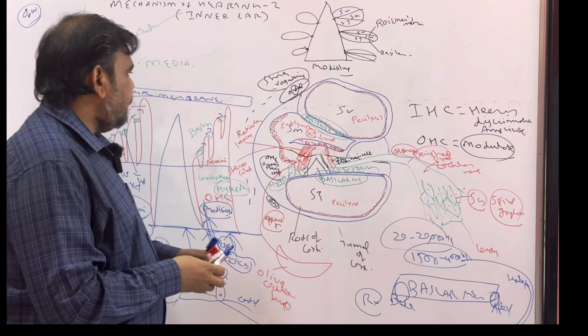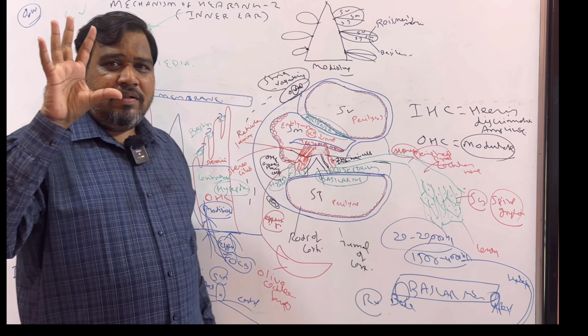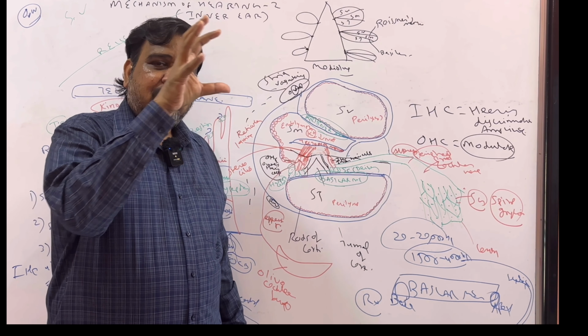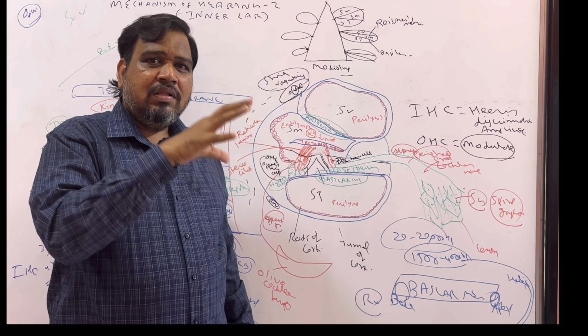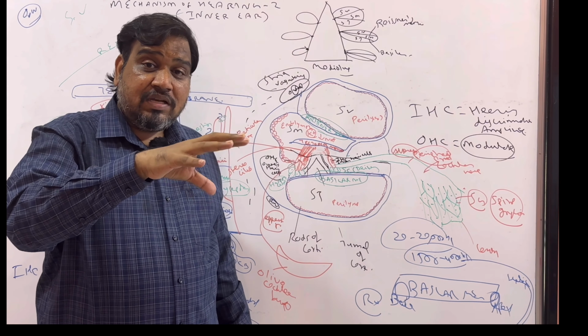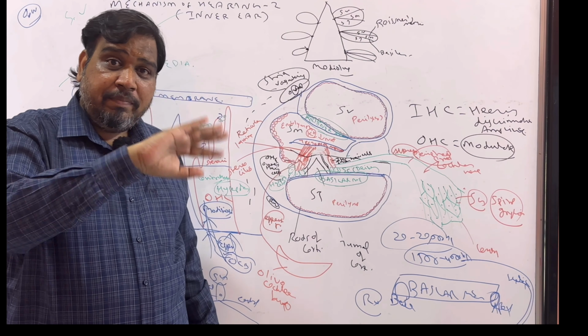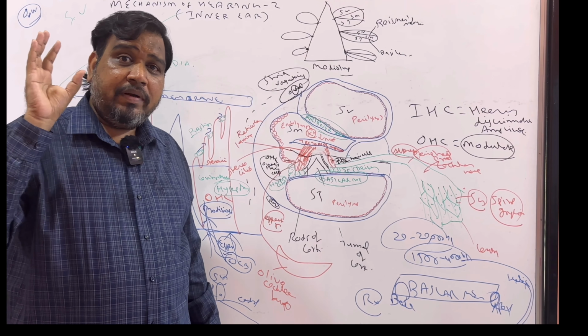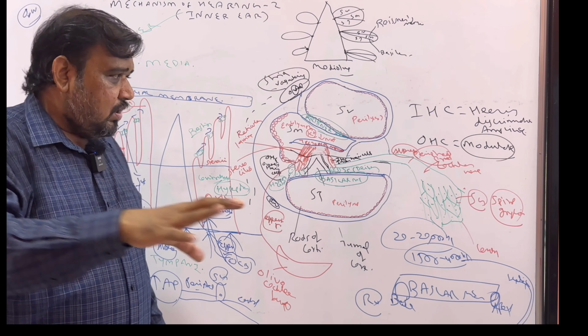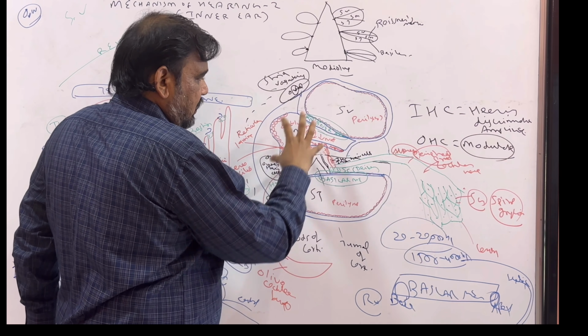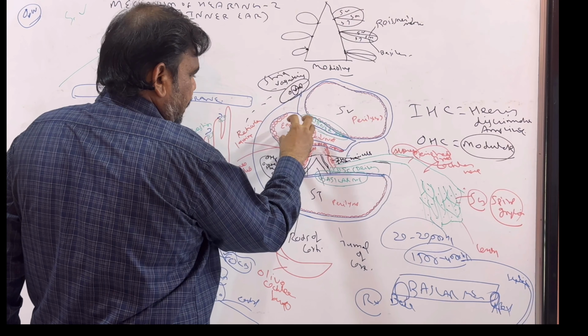In quick summary, I discussed the cochlea, semicircular canals, utricle, saccule, all part of the membranous labyrinth, and the entire membranous labyrinth is covered by the bony labyrinth. The bony labyrinth is located in the petrous part of the temporal bone. Then I wanted to concentrate only on the cochlea, and the cochlea has three scala: scala vestibuli, scala media, scala